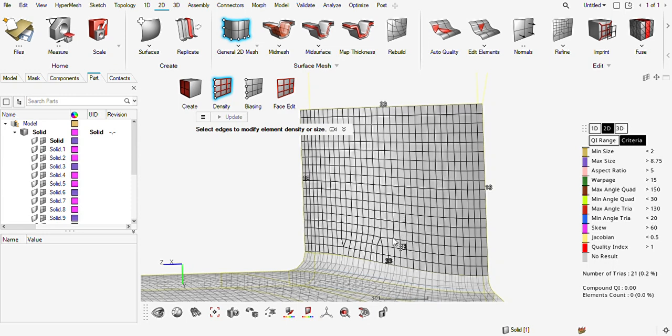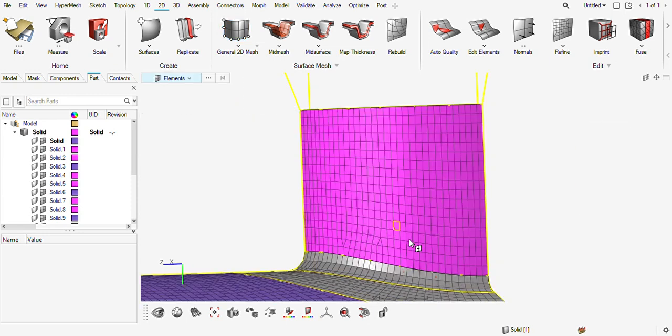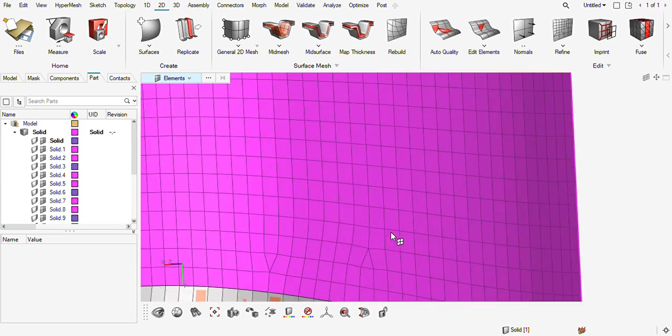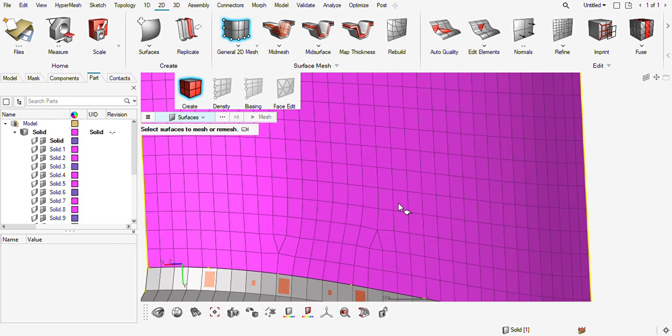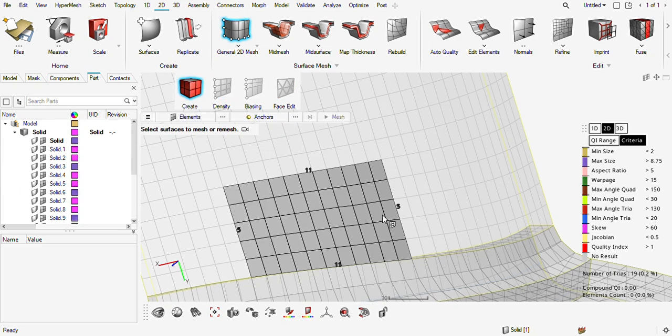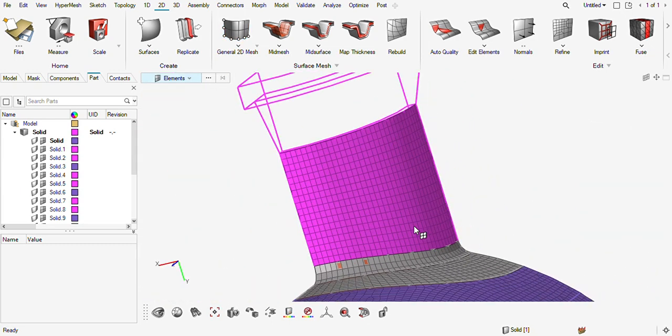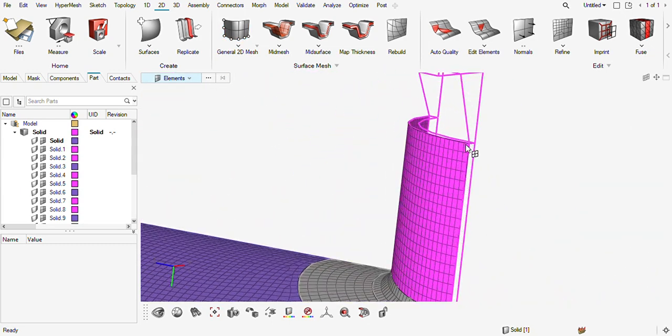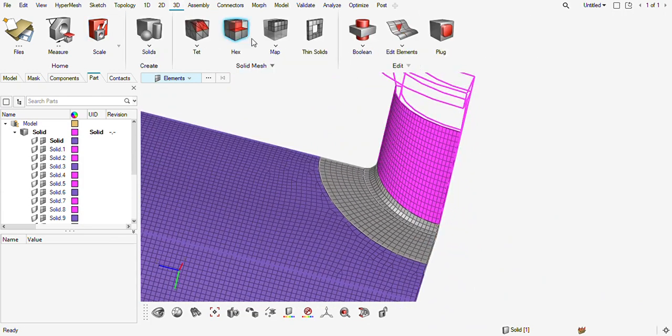Okay, there are some opposing trials. I can fix this opposing trial also. Now I can simply use this one again to map